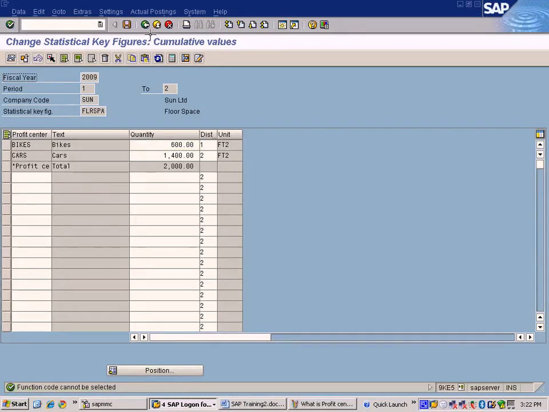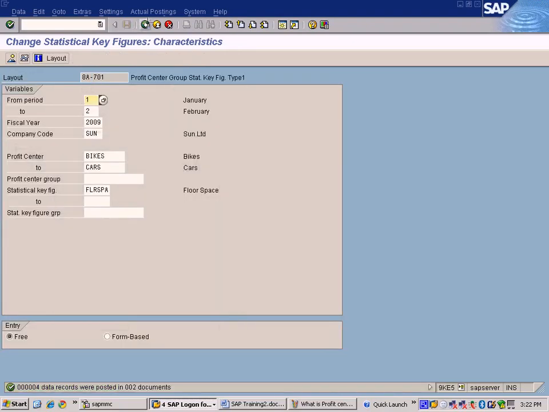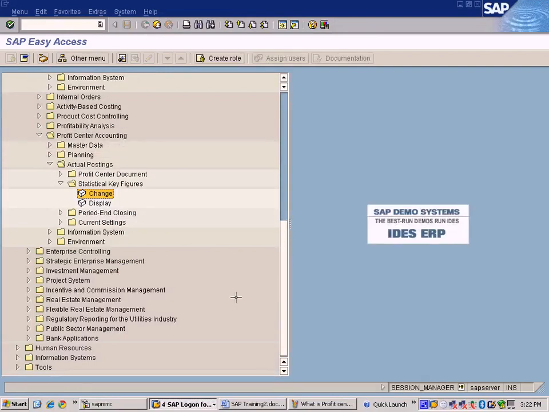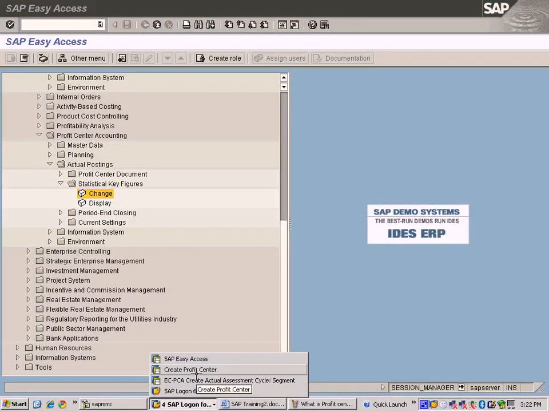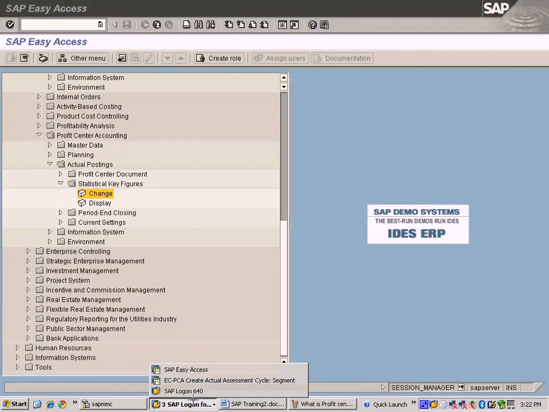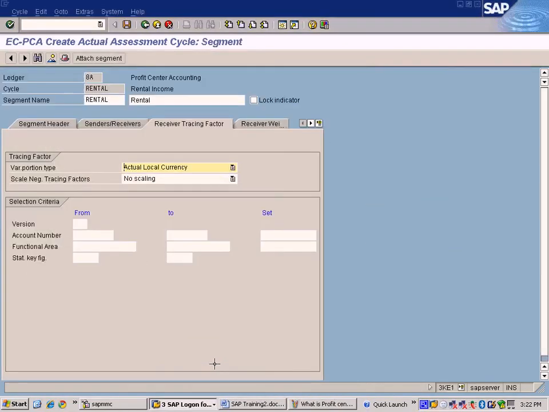Okay, so for 2 periods it will be 2000. So for 1 period it will be half of that. Okay, let's save this. Then we are good to use the